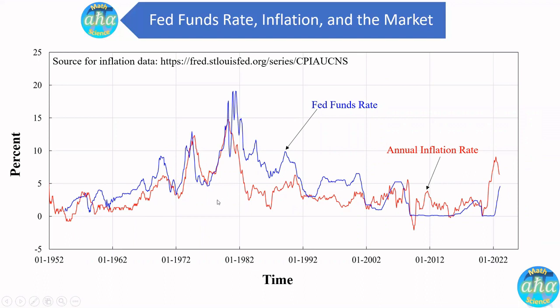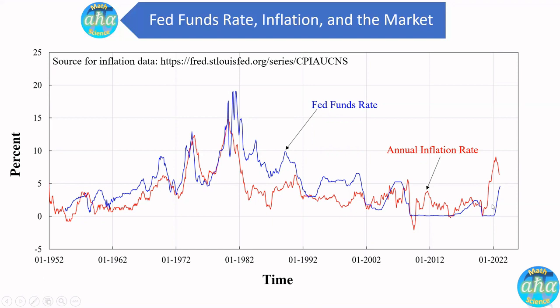And another thing we want to note is that prior to the 2008 financial crisis, you can see the federal funds rate, which is the blue curve, is usually above the annual inflation rate, which is that curve. But after the financial crisis, you can see most of the time the inflation rate is above the federal funds rate. So this is perhaps one of the main drivers for the soaring asset prices. The stock market is booming and housing is going up since the great financial crisis.